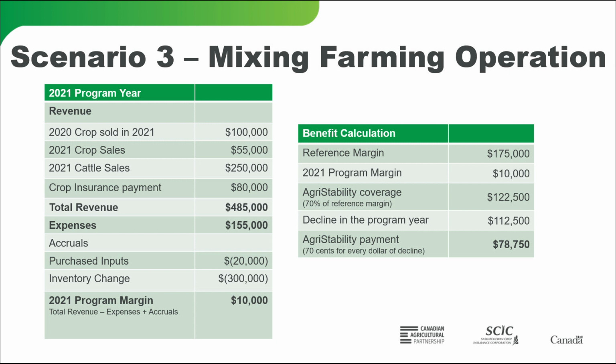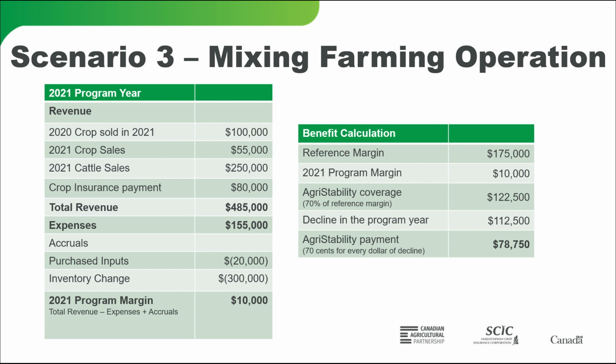Historically, the reference margin for this producer is actually $175,000. So the program year margin of 2021 at $10,000 is well below that. The trigger point, the AgriStability coverage, is 70% of that reference margin, $122,500. So the decline in the program year is the difference between the $10,000 and that $122,500. So the decline is